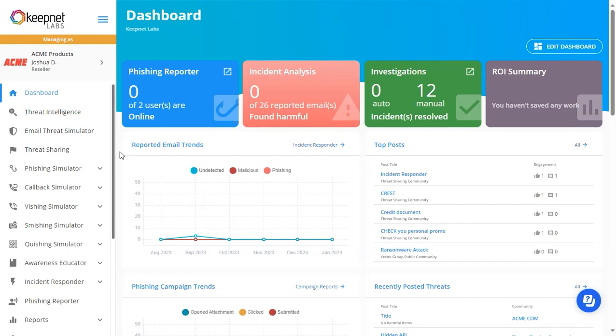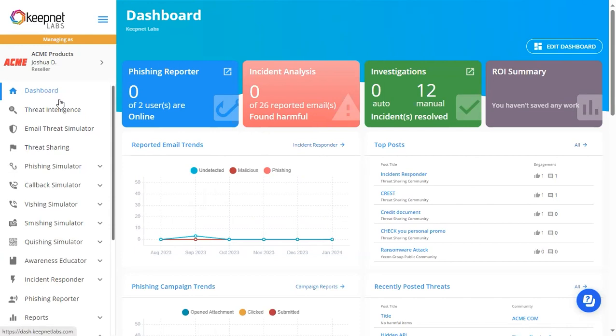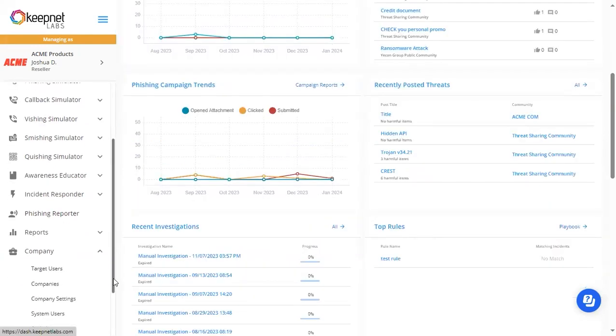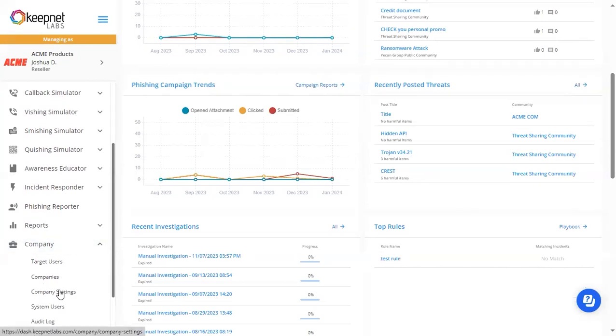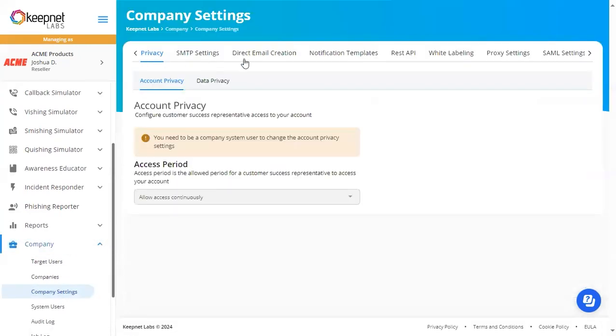Let's begin. To get to our LDAP synchronization settings, we're going to start from the dashboard and we're going to go down to Company and then to Company Settings. Here we'll have this toolbar that will scroll all the way over to the right